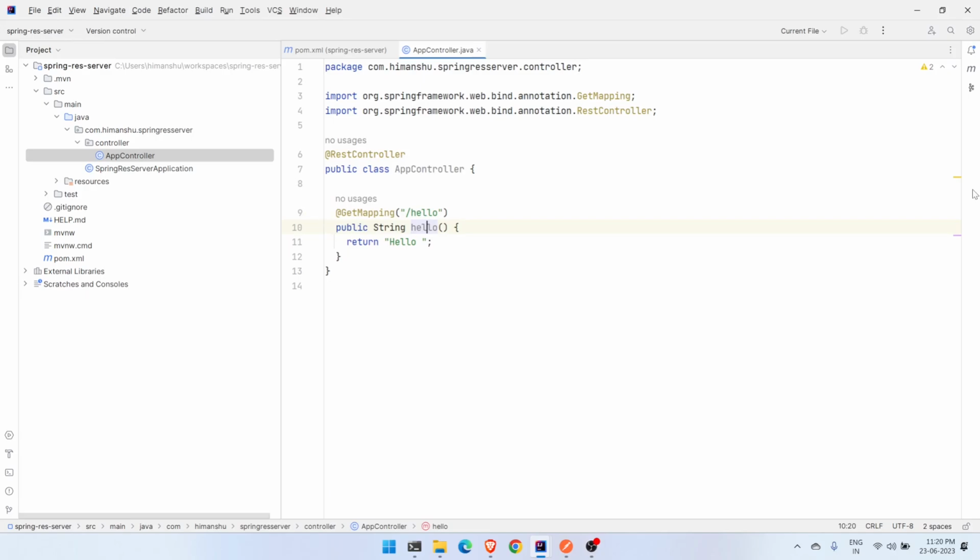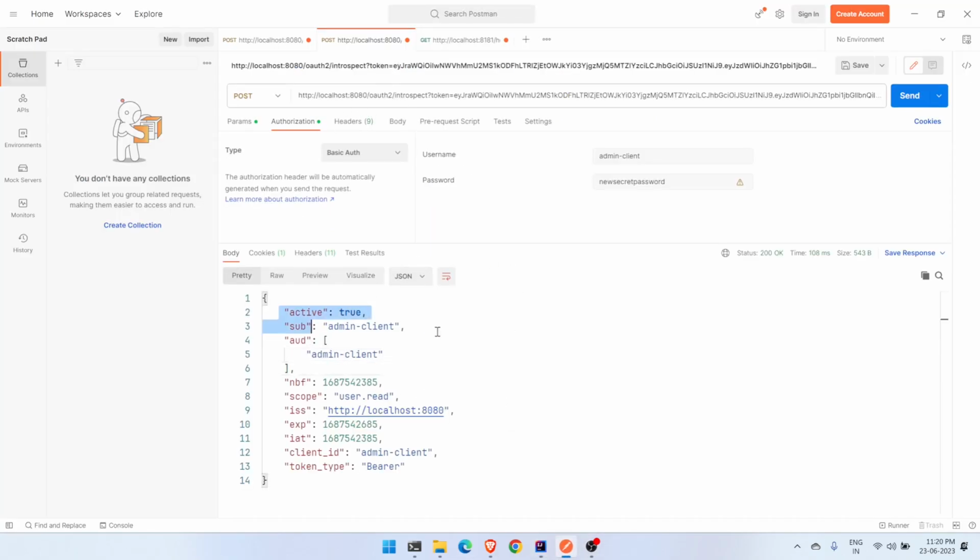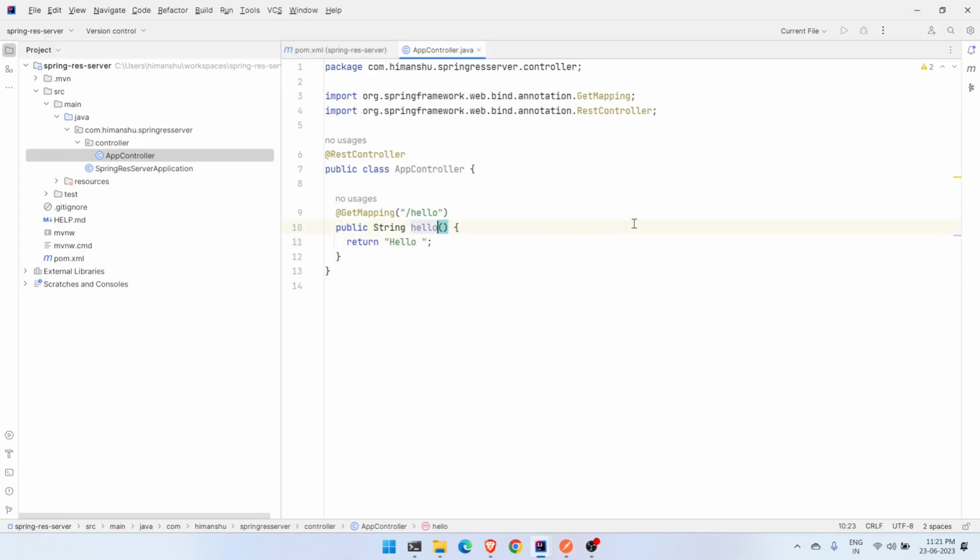So now this will return hello, but what we are looking for is we want this server to interact with our authorization server, and since it is interacting with the authorization server, it should be getting the extracted information which we were expecting in the introspect one over here, right? So let's target this one. This is actually the subject. So what we are going to do is we will add